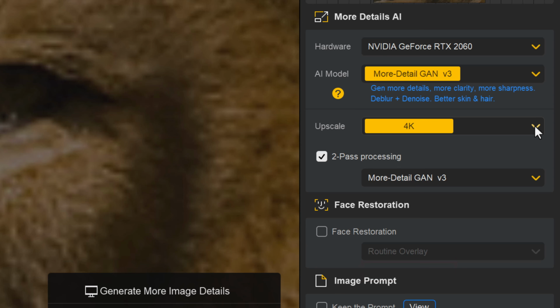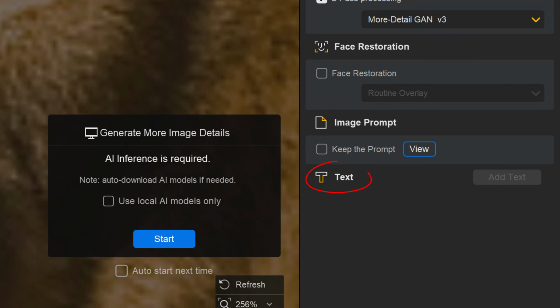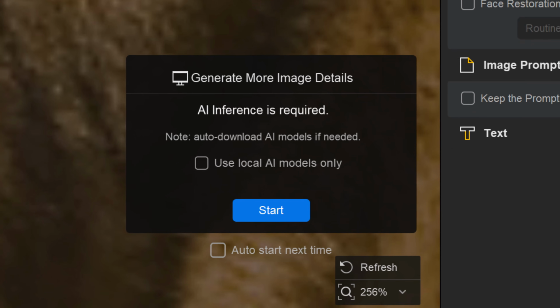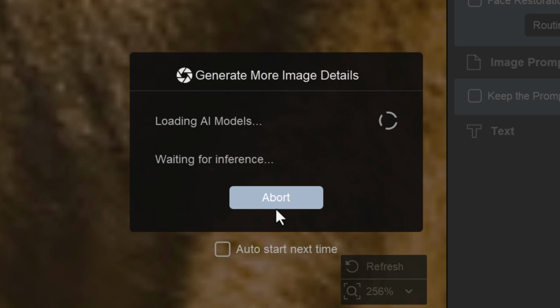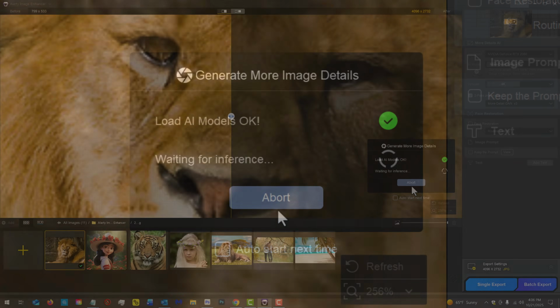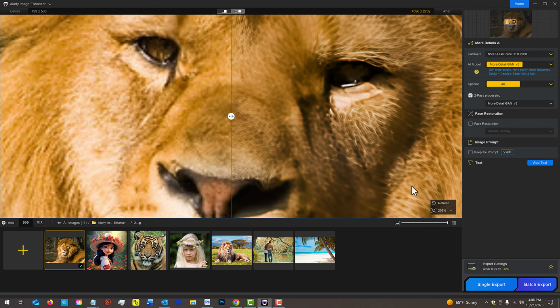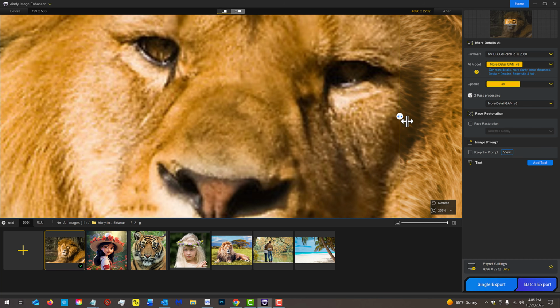If you want to further enhance detail and clarity, check 2-pass processing, which processes it twice. It even allows us to include text if we want. I like to uncheck Use Local AI Models Only to ensure we're using the latest versions of these models. Then click Start. It loads the AI model we chose and then processes it to the size or resolution we want. We can check the before and after in split views,